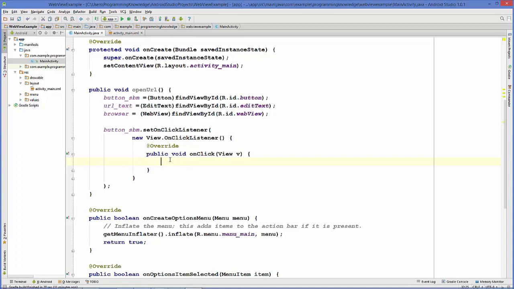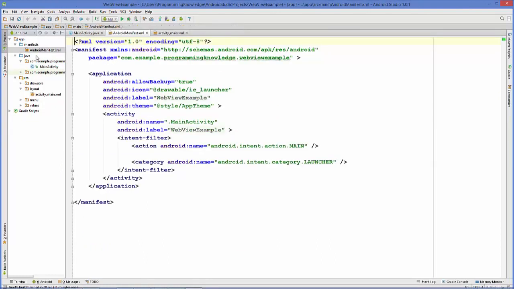But first of all, let's do one important thing. To open any URL or web page, you need to provide the permission to use internet, right? So go to your manifest folder in your app folder, and in here you will see a file called AndroidManifest.xml, and in here you can set your permission. So go just above your application tag, and in here we will provide our permissions. Okay,